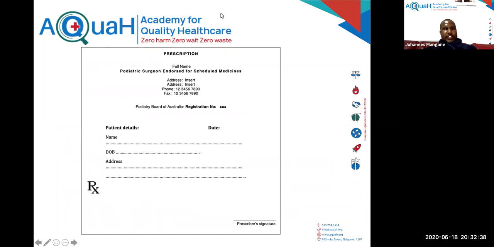Okay, so there we go. Here, this will be the prescriber's details. What is required from the prescriber's details is the name of the healthcare facility, but also the name of the person themselves who is prescribing, or who is the owner of the healthcare facility and is authorized to prescribe. Their address needs to be entered there, and obviously contact details. And on contact details, you need to always have an emergency line where people can access you after hours or during emergencies. Then in South Africa, you will see that this one is an Australian registration, but in South Africa,